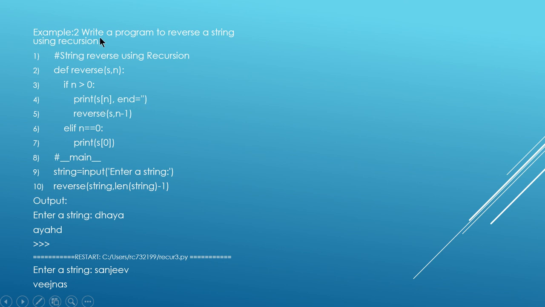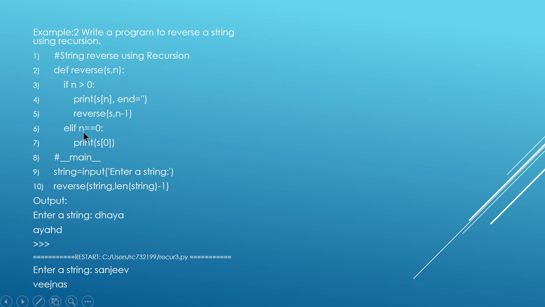You're printing e. After printing e, what are you supposed to do? You have to print the previous character, that is, move back to the previous character. How do you do that? You are calling the recursive function reverse of s comma n minus 1. So what is the value here? It is 4 you have given. 4 minus 1 will become 3. So it will call the reverse function with the string "write" and 3. So you keep on calling that until it becomes 0.